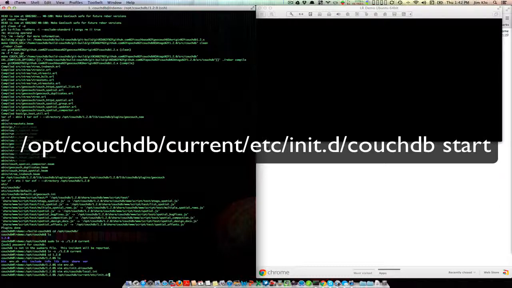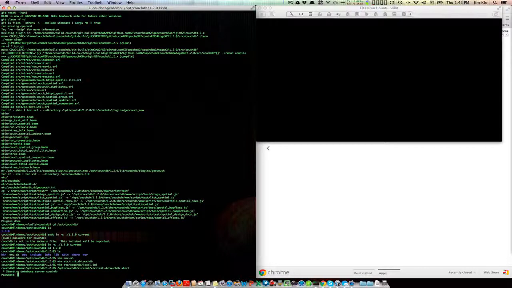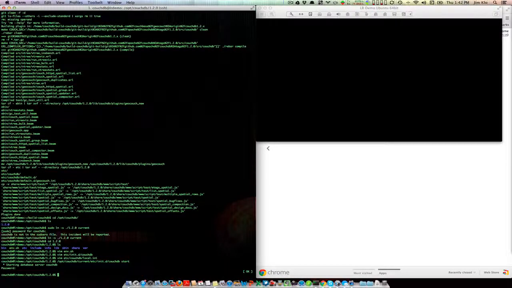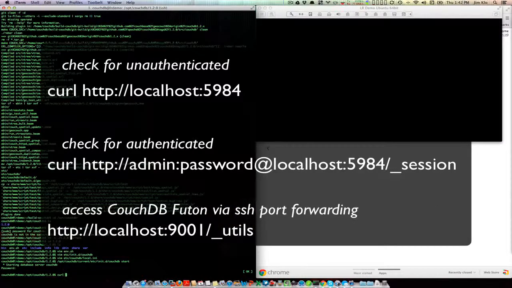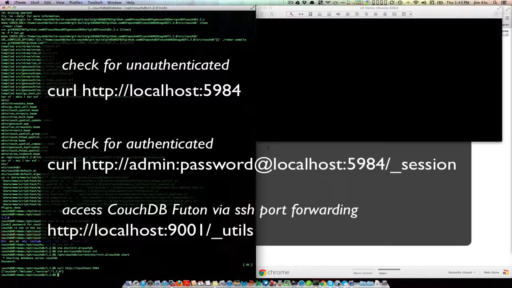Init CouchDB start. And if we did everything right, we should be able to curl localhost. And you see now we have CouchDB is running